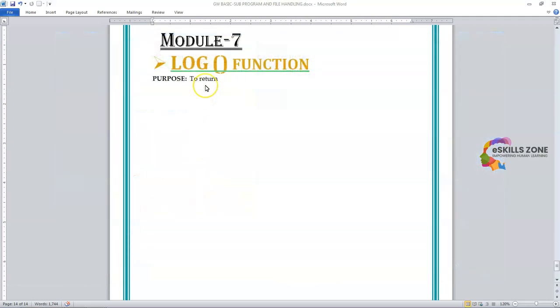Hello and welcome, viewers. Today in this video we will discuss some more built-in numeric functions of the GW-BASIC programming language. So let's start with the LOG function, and its purpose is to return a natural logarithm in BASIC. Whenever I write BASIC in caps, it means the Beginner's All-purpose Symbolic Instruction